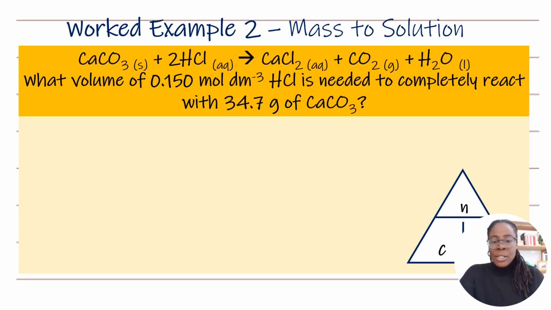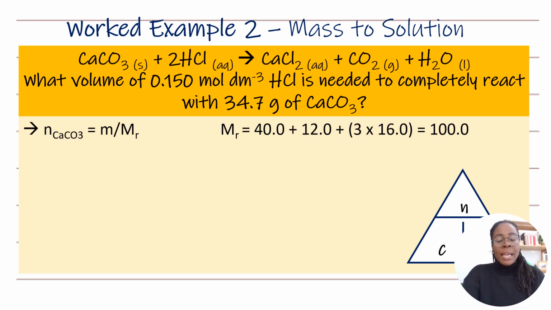For our next question, let's start mixing up our moles calculations a bit. So we've got what volume of 0.150 mole per dm cubed HCl is needed to completely react with 34.7 grams of calcium carbonate. Well, in this case, we've got enough information for the calcium carbonate to calculate the moles as mass over Mr, which gives us